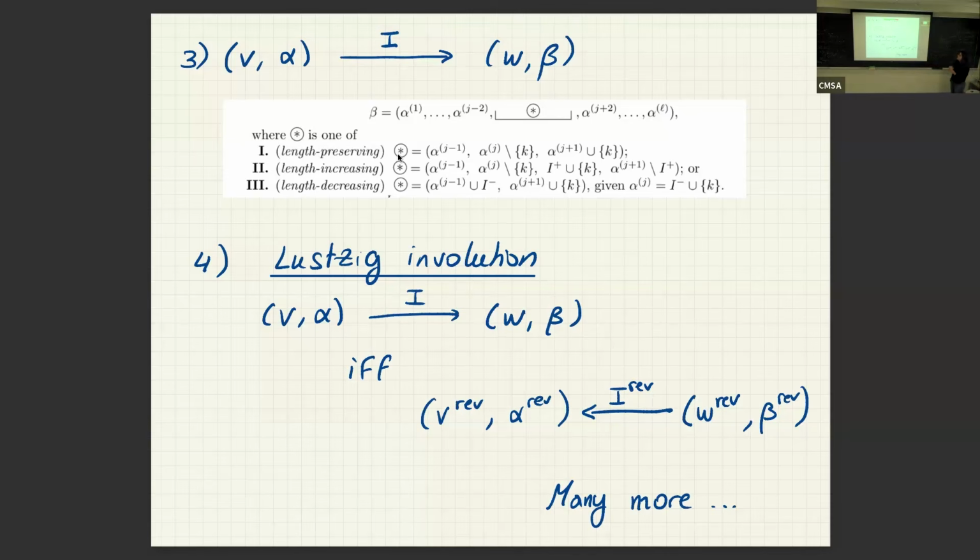V is a vertex. What does it have? It could be the standard Young tableau. What's the reverse? It's its image under the Lusztig involution. So in the big crystal graph, you have something called the Lusztig involution that sends a semi-standard Young tableau to another tableau.